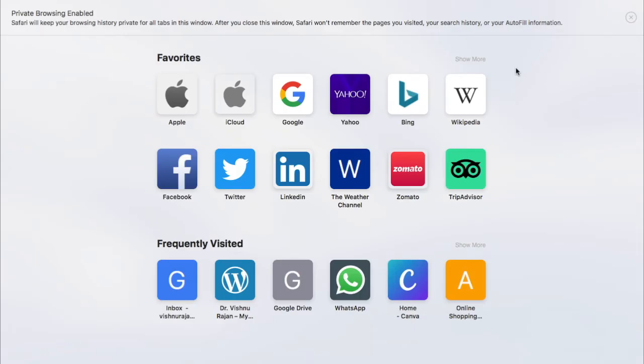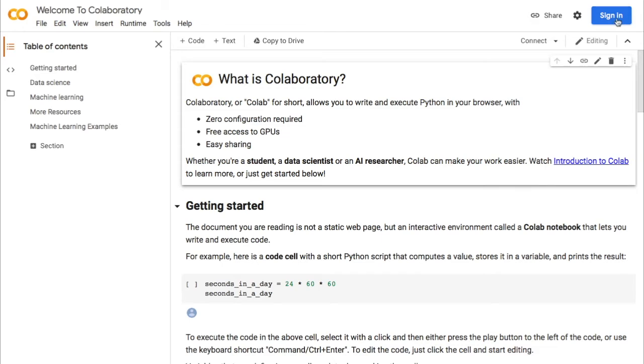So for using Google's Colab, what you have to do is you need to log into the page colab.research.google.com, and in that directly you can sign in using your Google credentials. So here you can see it is asking for sign in.